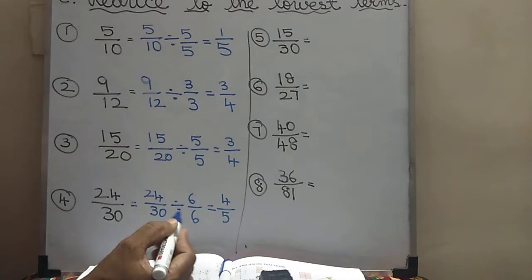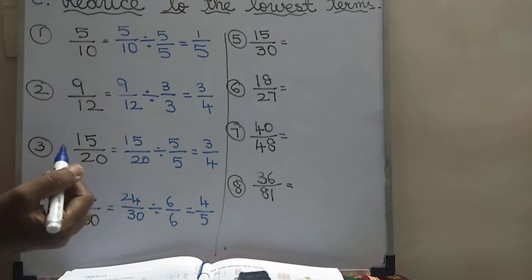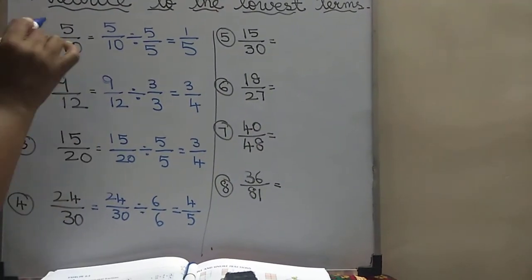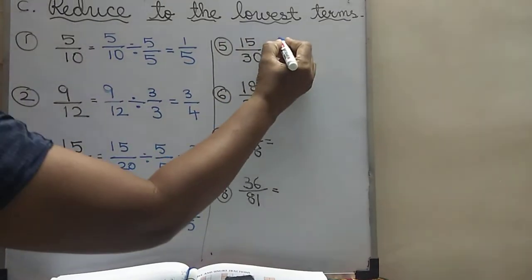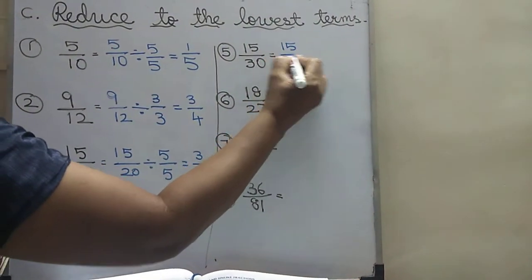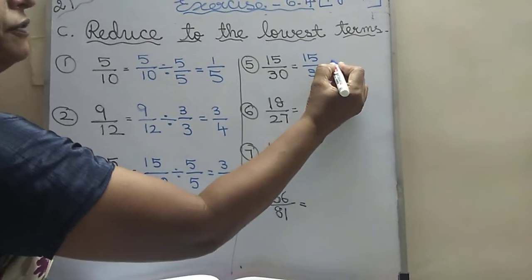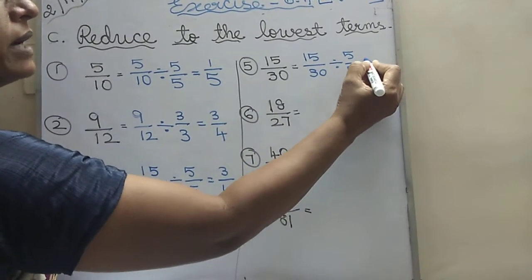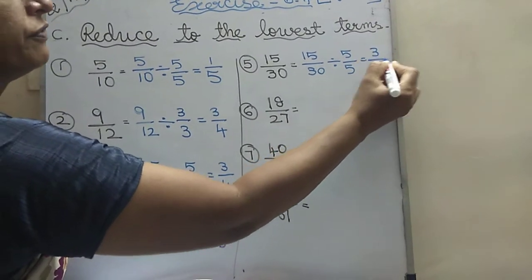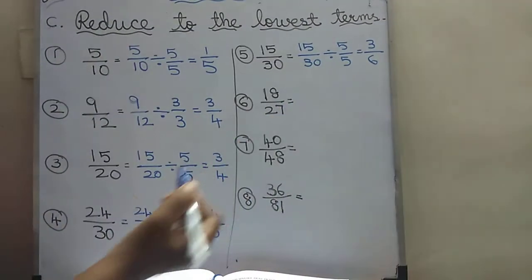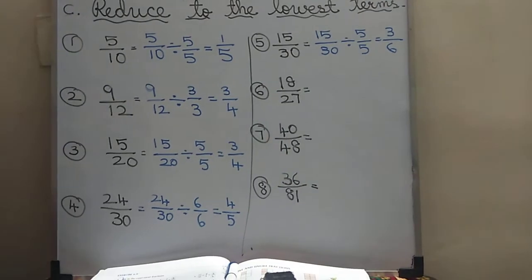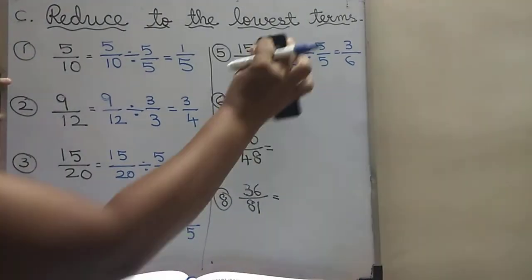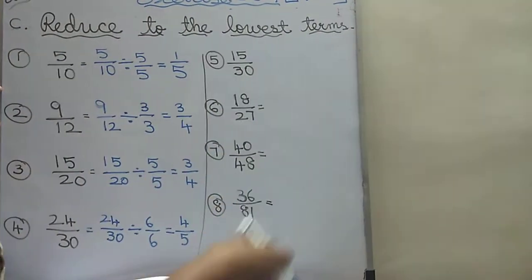Okay children. Now I'll move on to the fifth one. The same thing. 15 by 30 goes in what? See here 15 by 20, 5 by 10, everything goes in the 5 table, isn't it children? 15 by 30 divided by 5. Same table. So what's the answer that will come, children? 5 3s are 15, 6 5s are 30. But what we have to do is, it again goes in a table. Wait, I'll write small so that you can divide again.